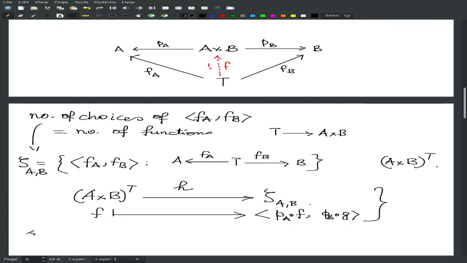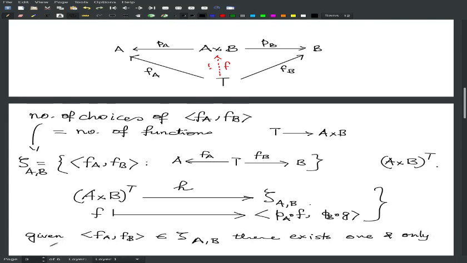It is saying that given FA and FB from SAB, there exists one and only one F such that